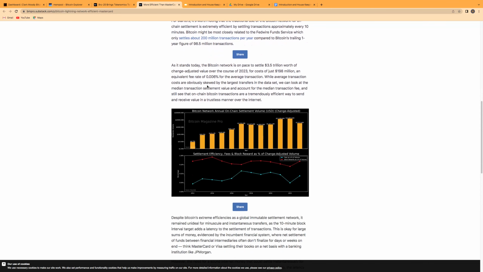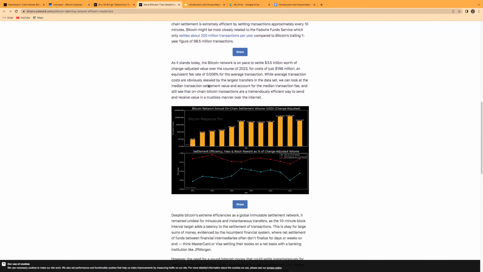As it stands today, the Bitcoin network is on pace to settle $3.5 trillion worth of change-adjusted value over the course of 2023 for costs of just $198 million, an equivalent fee rate of 0.006% for the average transaction. Whilst, and I think it's important, just pausing there for a second, I think it's important to just bear in mind that